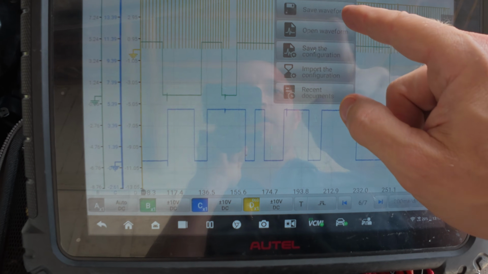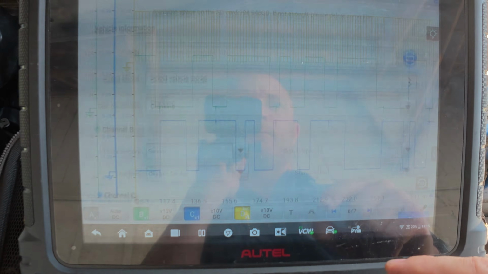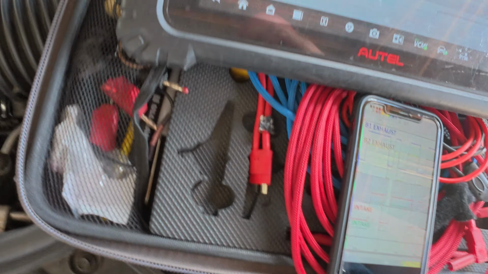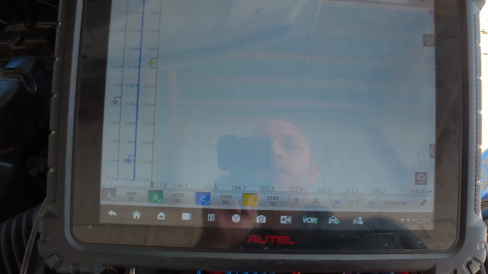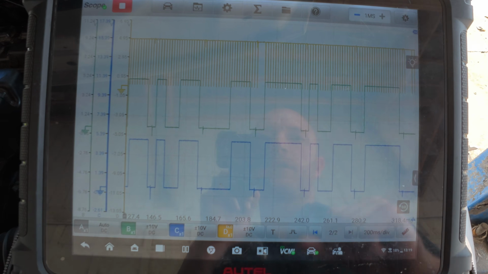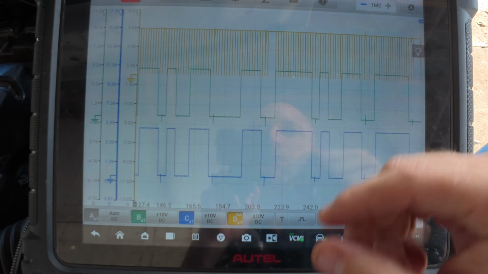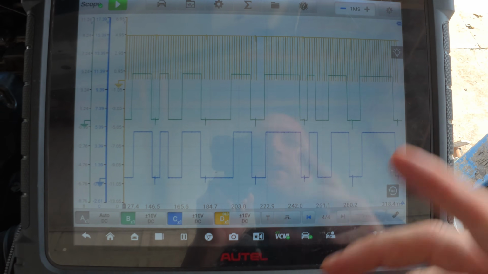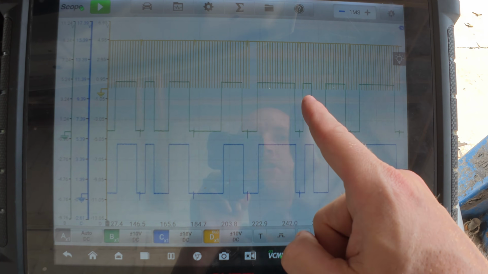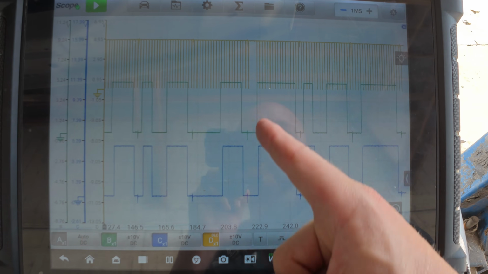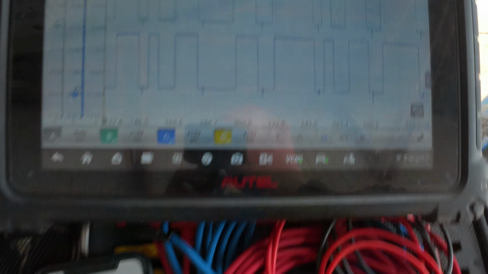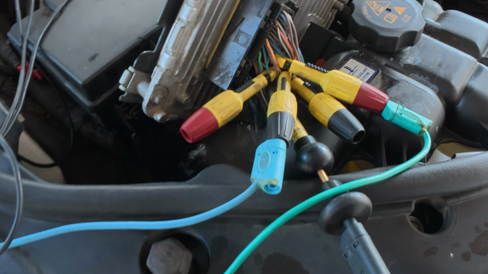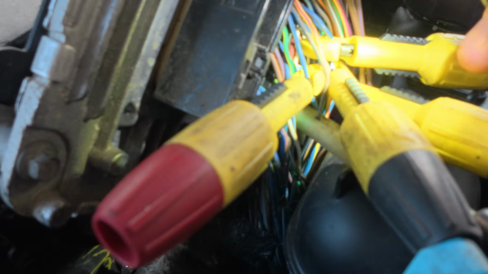First, I'm gonna save this waveform. Okay, so I just let it run. Let's let the scope run. Going to hit pause. Now that we've hit pause, we see that we have large, small, medium, large on this falling trace, both of them. So the blue channel is absolutely the channel that's moving. So we come over here and we're gonna quadruple check ourselves for this blue channel, because the green channel is